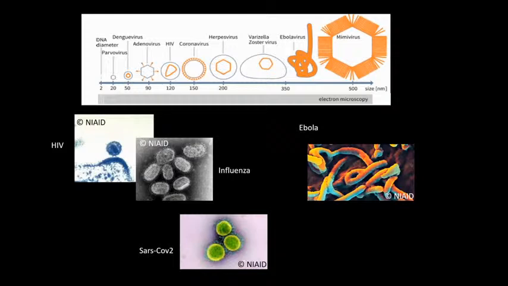identify them. I've represented here several of these viruses in electron micrographs, such as HIV, influenza virus, the now famous SARS-CoV-2 virus, which is responsible for the COVID-19 worldwide pandemic, and the Ebola virus. In the team, we are mainly interested in the HIV virus, and all that I'm going to present afterwards is linked to this virus. HIV is an enveloped virus, which is made of a core surrounding the nucleic acids, or